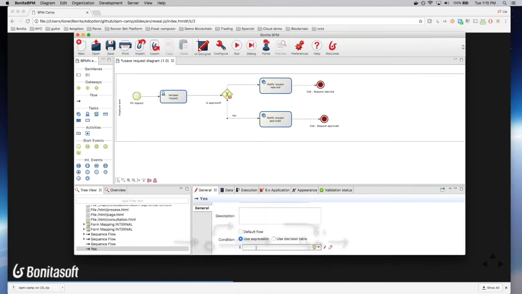We're gonna say true. So for now, I just add a default value. So we return always true. That means that the request will always go through that transition. And here we say that it's the default flow. So now I can validate my